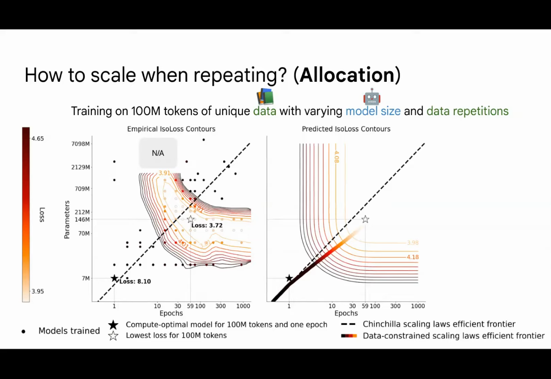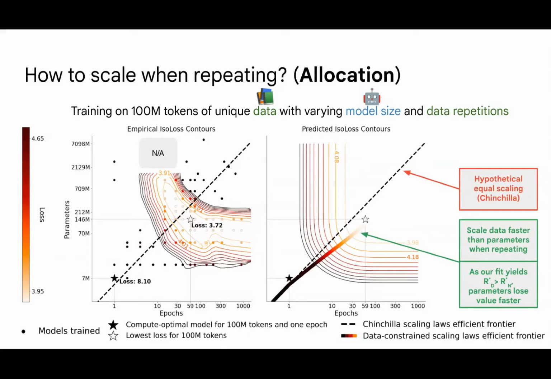We plot the predicted formula on the right-hand side of the graph, where we see the ideal contours that come out of the underlying equation. Here we see that the model continues to improve over a point, but that the improvement of the compute optimal model goes slightly below the Chinchilla line. This is slightly counterintuitive. It implies that in a data-constrained regime, the allocation should go towards repeating more often as opposed to adding more parameters, as these parameters saturate more quickly in this data-constrained environment. We note that this is also implied by the R-star values.